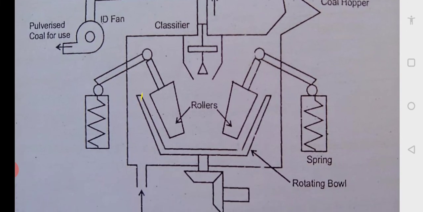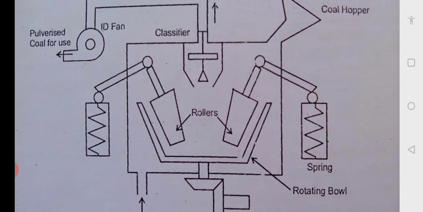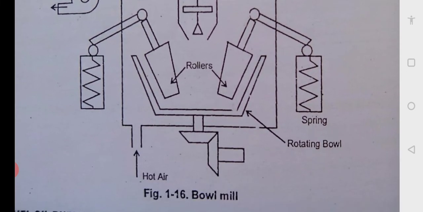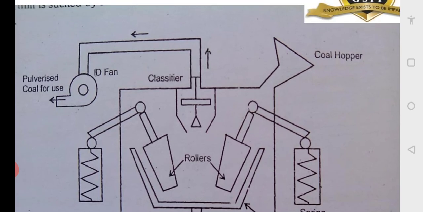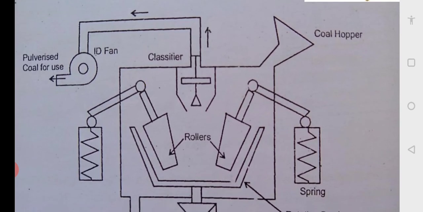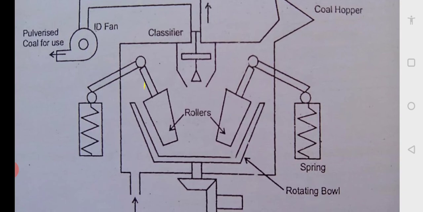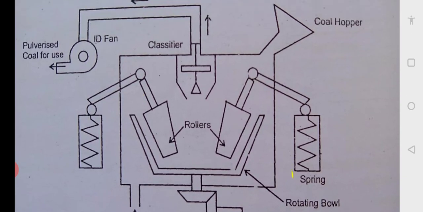There are two rollers there. Again the rollers are driven by power. Okay, the rollers are stationary, but here again the vessel itself is rotating, like the chutney wet grinder. So there is a bowl which is rotating. You can see the bowl, and in the bottom you have got the bevel gear. So the motorized drive will come, and the bowl will rotate, and the rollers are stationary, but they will rotate along with that coal. They are not powered. Only the bowl is powered, and the bowl is rotating.